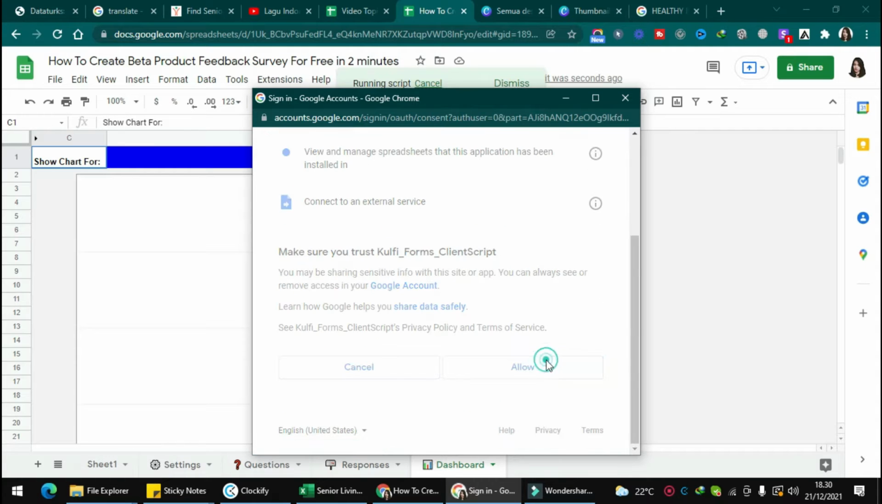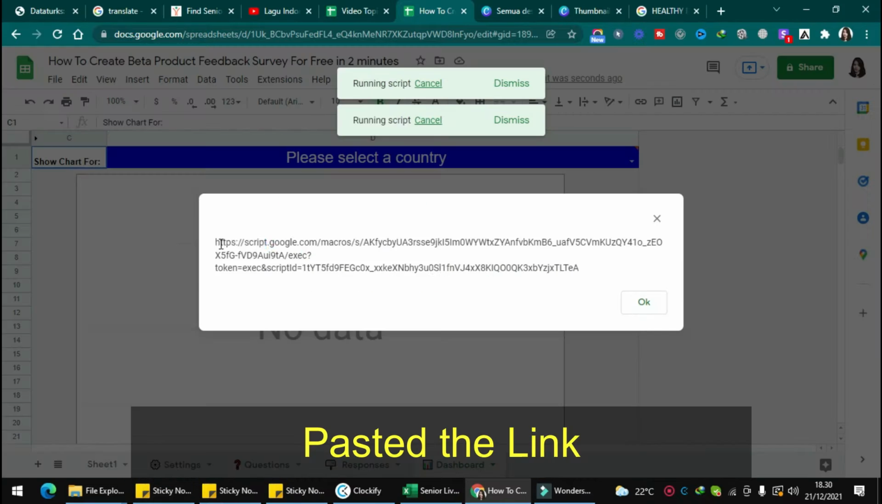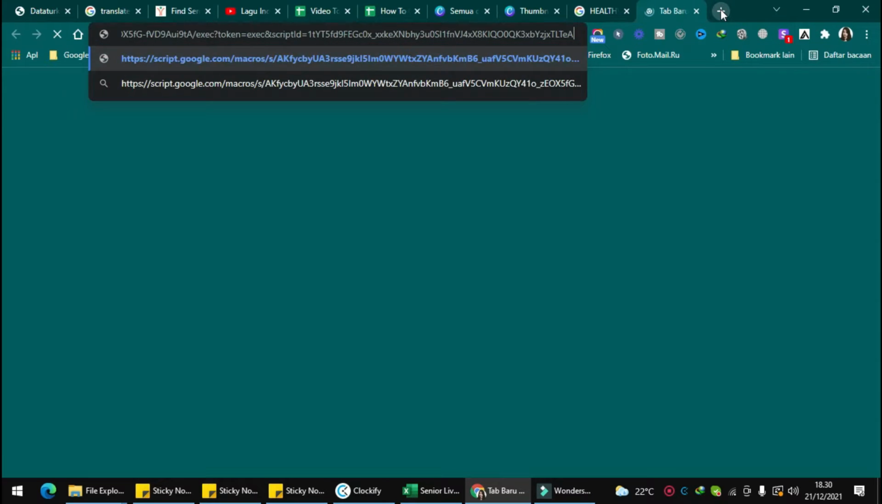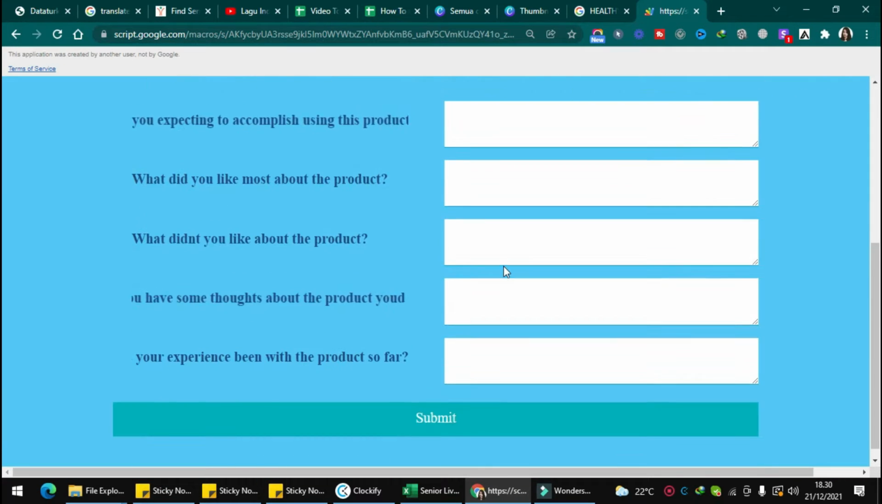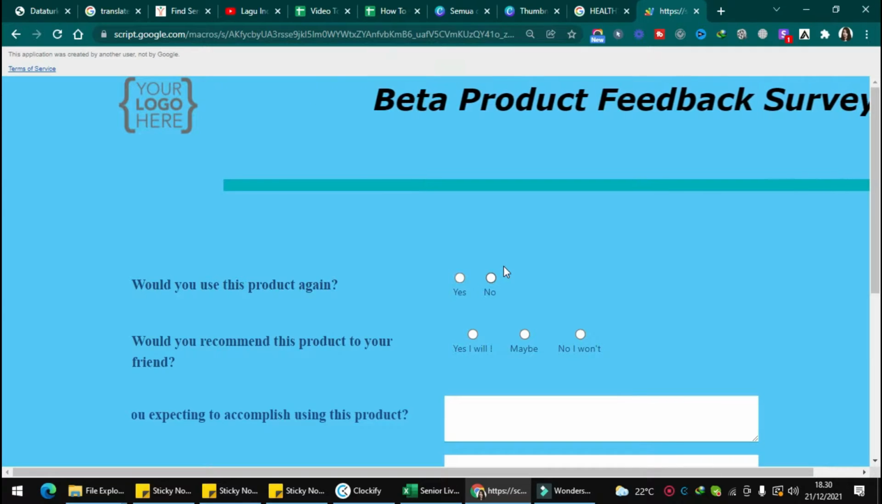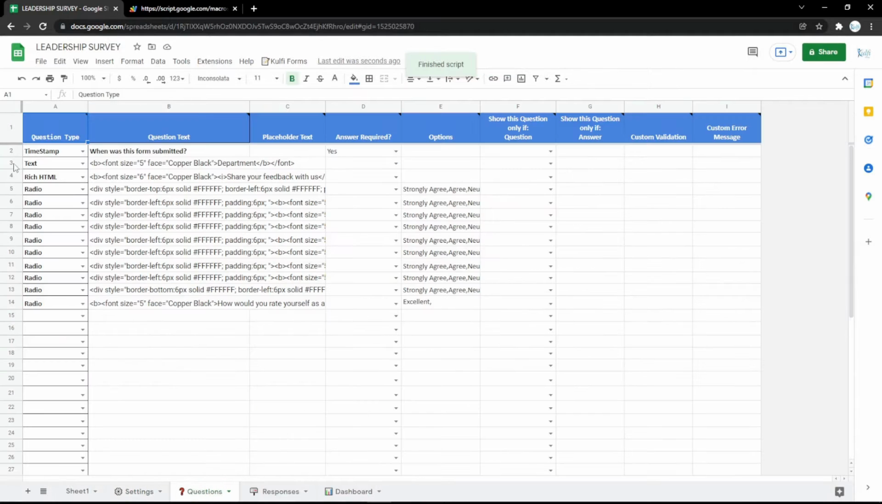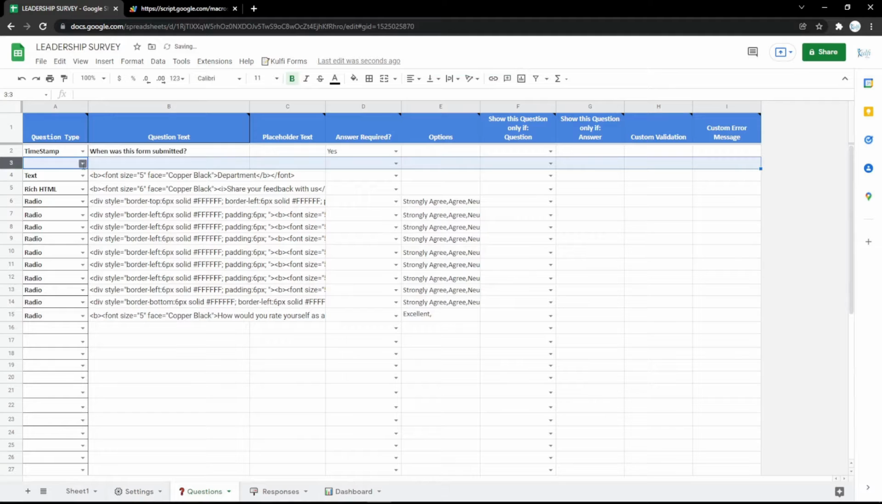You just need to follow the step-by-step like this and just wait for a second and you will get a link like this. Just copy it all and paste it on your search engine like this, and now the form is ready to use. But you also can edit the question or even the appearance too in the Google spreadsheet